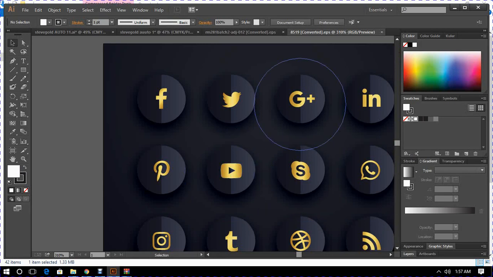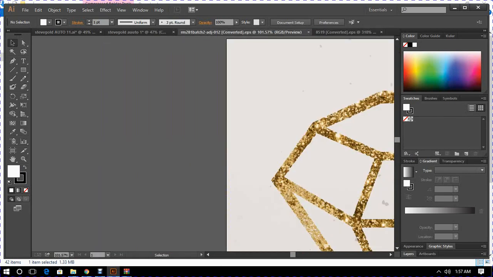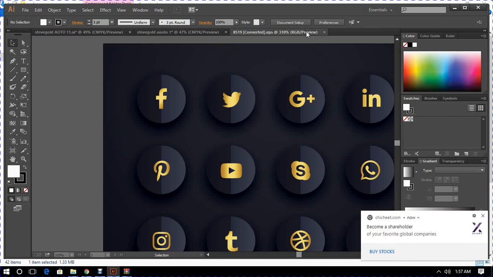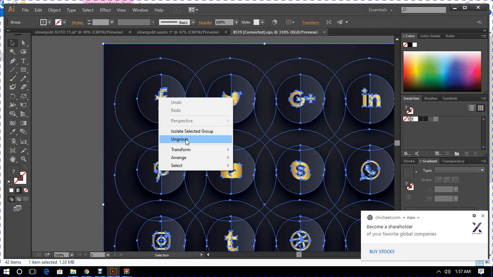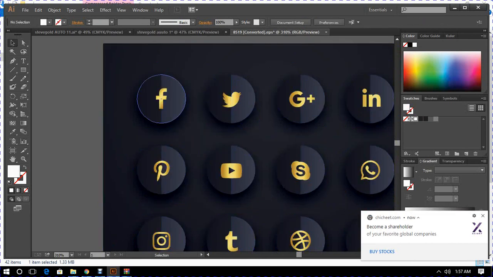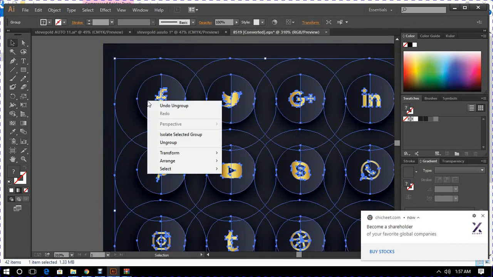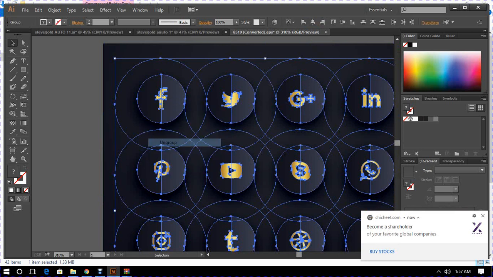Okay, so what I will need to do now is ungroup them. It is grouped, so I will need to ungroup them. Ungroup, then copy Facebook.